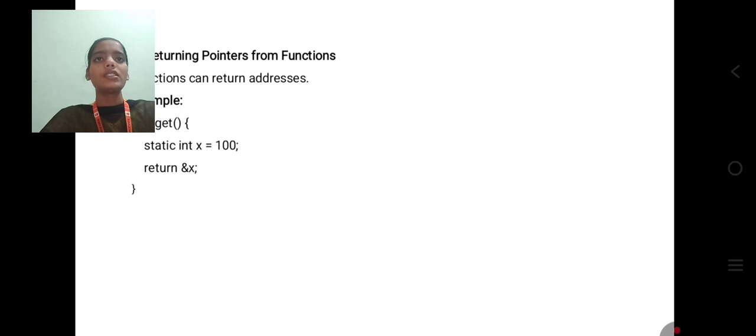Third one, returning pointers from functions. Functions can return addresses. Example: int *get() { static int x = 100; return &x; }